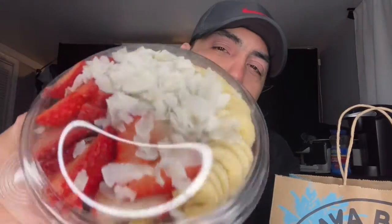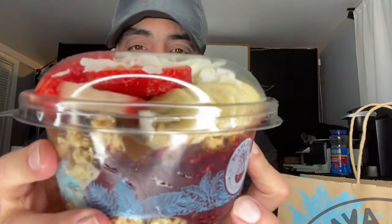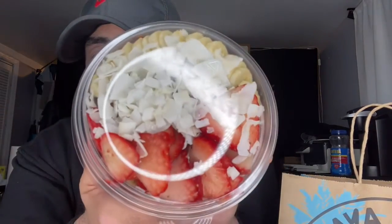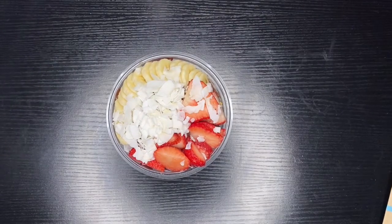Look at that beauty. Look at that. Oh, I can smell it. But look at this. It's so beautiful. I'm excited. Ta-da! The Açaí bowl. So